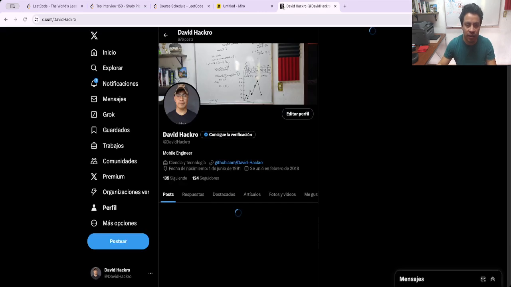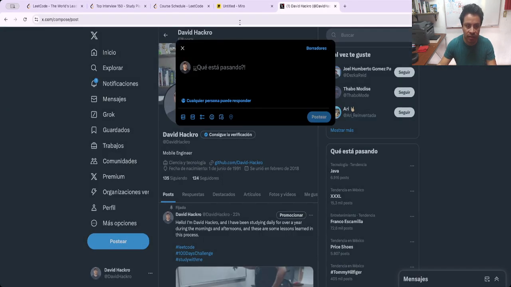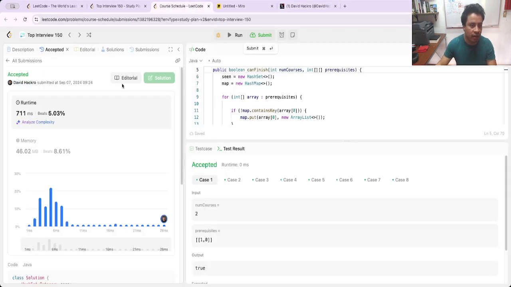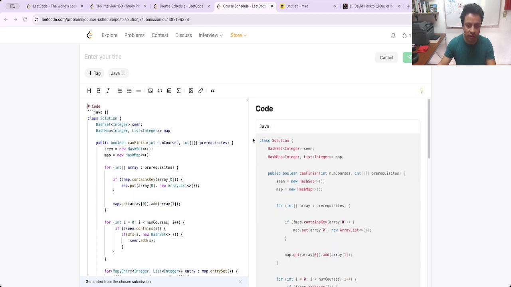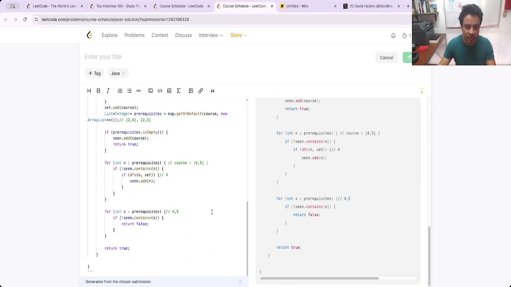But let me publish here, and I will try to improve. This is my first try. Yeah, obviously it's not the best. I can improve, but